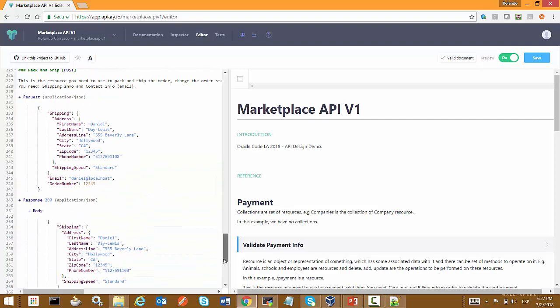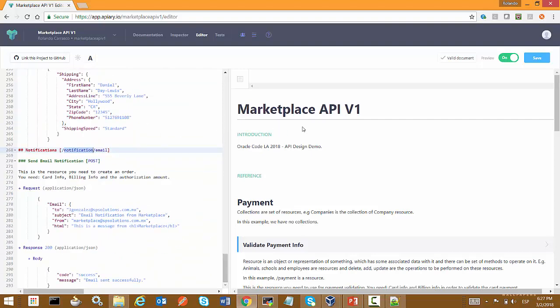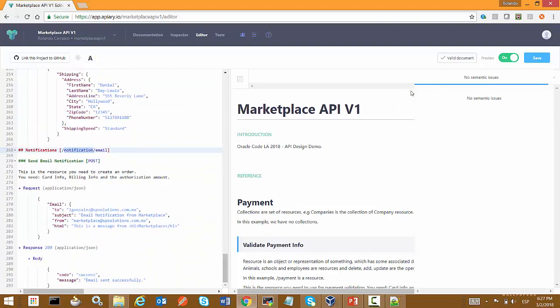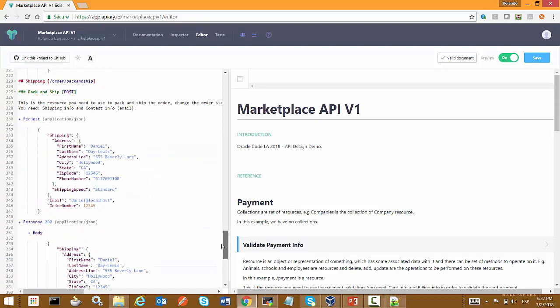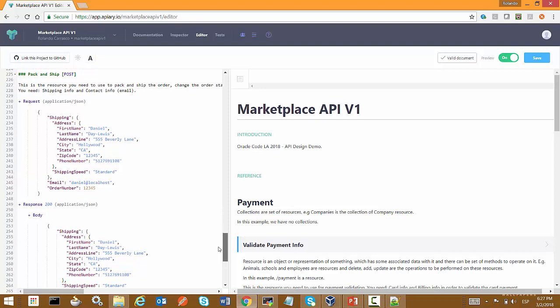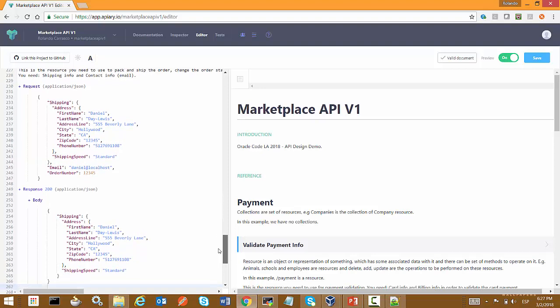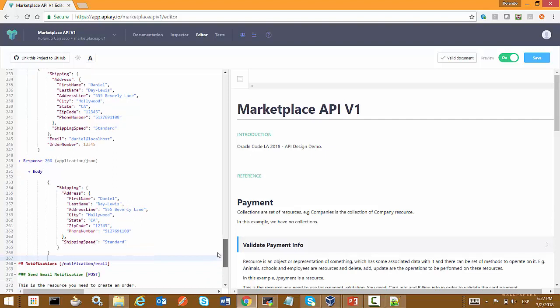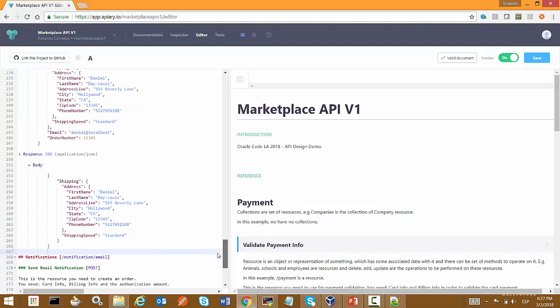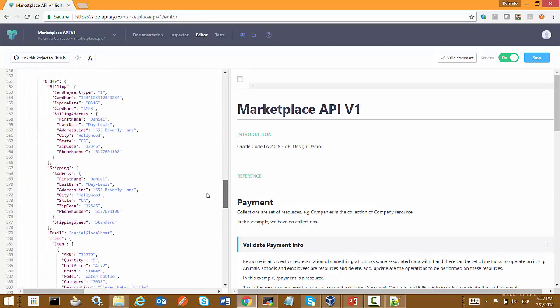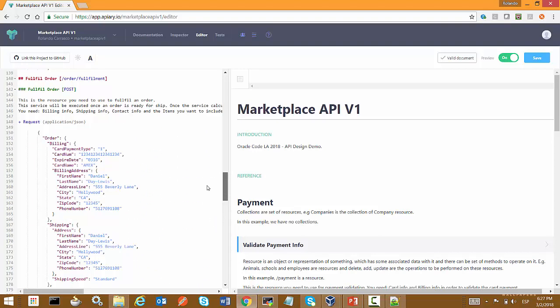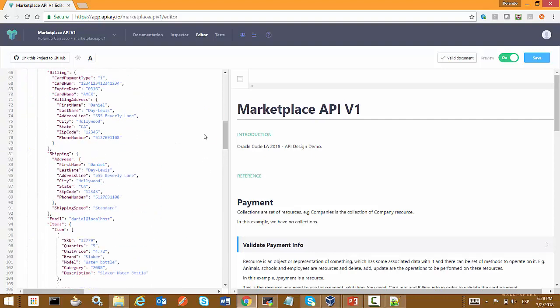So yes, this could be useful. Apiary is saying that this is a valid document, which is good. Semantically it has no issues. If we actually test some of these resources, it is going to work, it is going to respond. But I don't see any versioning nor documentation. Naming convention is also not present. I don't see any exception management, or he's not describing any other case where something may go wrong with a particular resource.